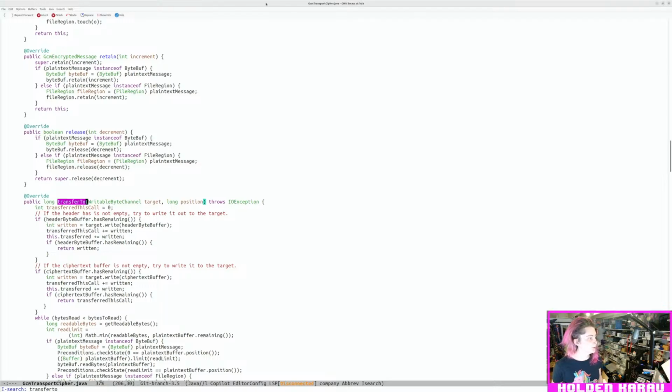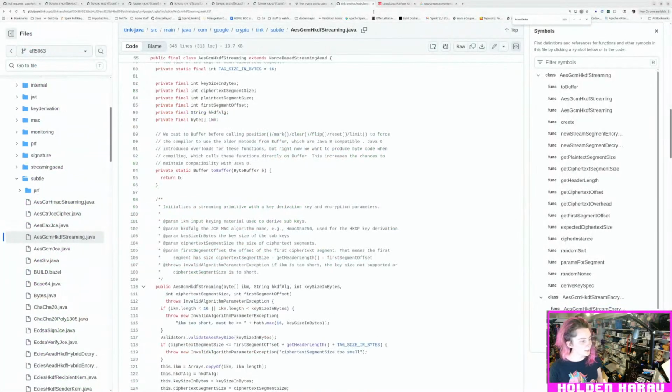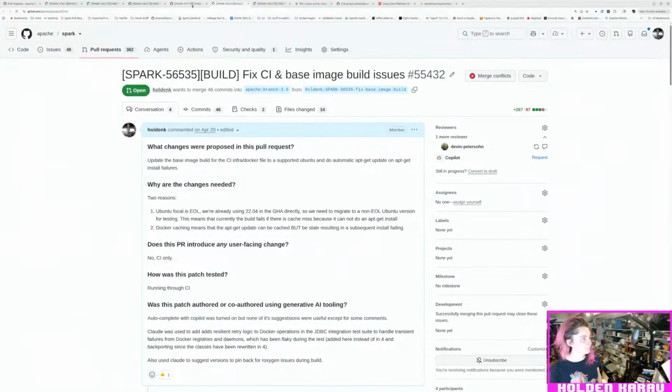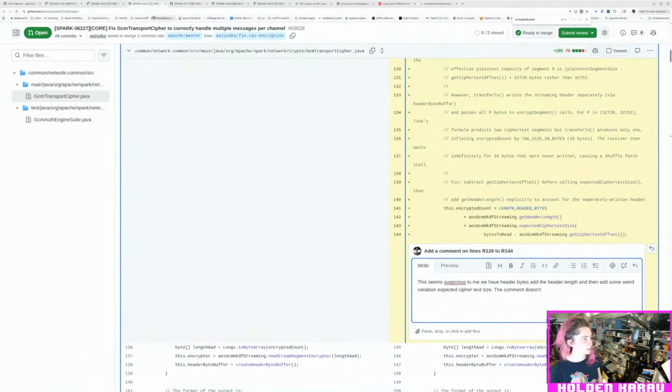Header byte buffer has remaining. Okay. We do that part separately. But then why are we adding... This seems suspicious to me. We've header bytes that we're adding. We're saying that we don't need those here